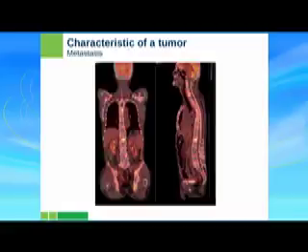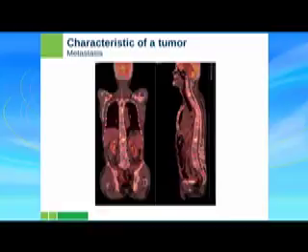Another very bad characteristic of cancer is that it produces metastasis. Metastasis is the spread of a cancer from one organ or part to another not directly connected part. Cancer cells can use the lymphatic system or the blood vessels to reach other regions of the body where they build secondary tumors. Here you see the PET